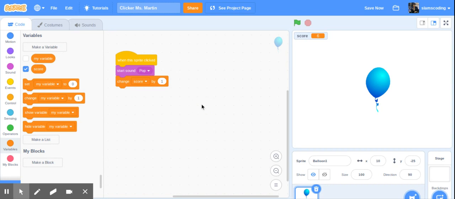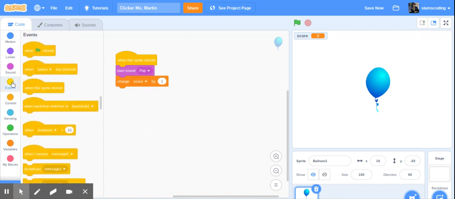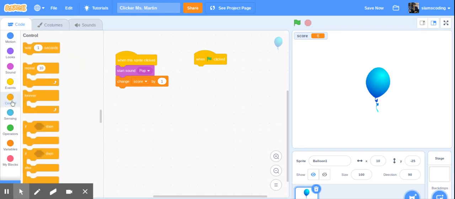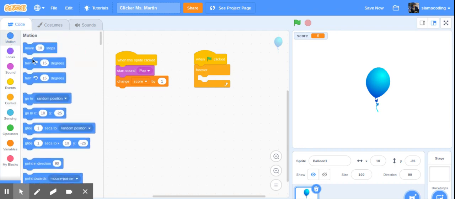Now this is a little too simple for a game, so we're going to make it a little bit harder. I'm going to go to the yellow events dot, and this time I'm going to get a green flag. I'm going to go to the control menu and add a forever box. And I want my balloon to move randomly around the screen. So I'm going to go to motion, and I'm going to go down 4 code pieces and get go to random position. And I'm going to snap that in there. So now when I click the green flag,